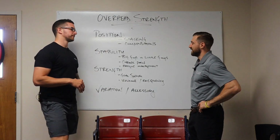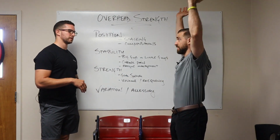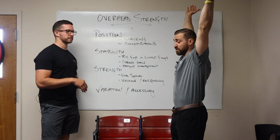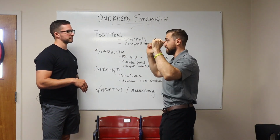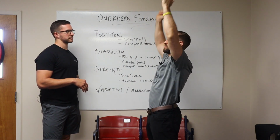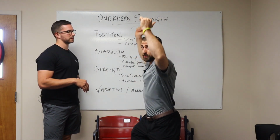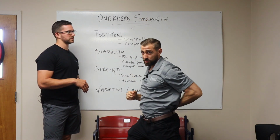All right, good. So I guess the first and most obvious thing is if I have to be able to press something overhead, if I don't have the range of motion to press something overhead, it becomes more challenging. And it can be challenging for a variety of reasons. For one, if I don't have good overhead range of motion, I can compensate with my lower back. And in some athletes, especially like a split jerk, if you couple that with an error in the back leg, there's a lot of extension,